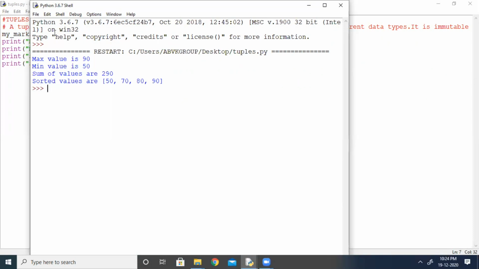Now we are going to the next concept, that is dictionary. What is a dictionary? A dictionary we can create to store things with key values. As you know, the dictionary's work is to store things. So here in Python, we can create a dictionary by giving a name to the dictionary, and also we have to store them with the key values.